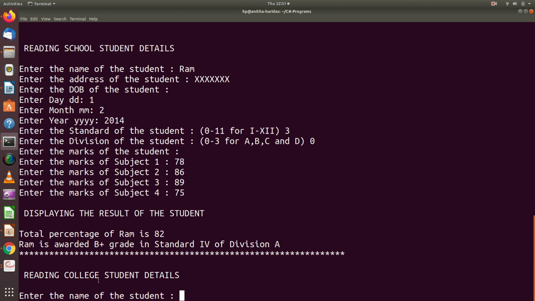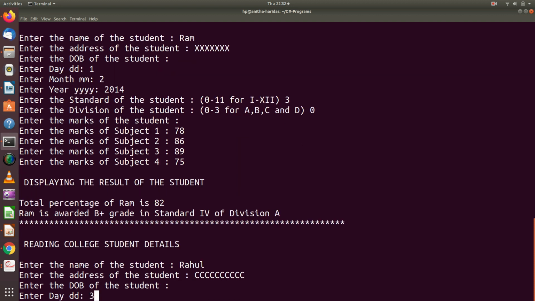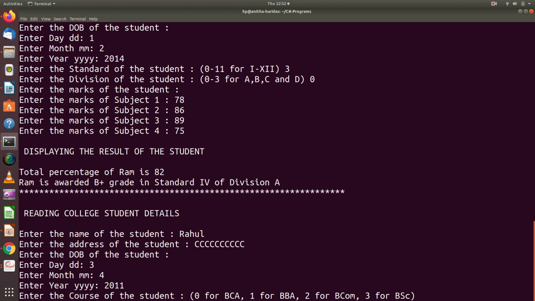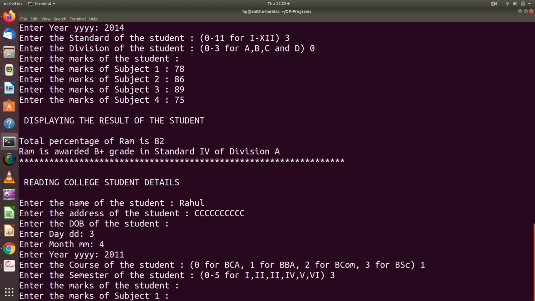So next it goes to read the college student details. So you enter the name of the college student. You can call Rahul. Address of the student, you can type some address. Date of birth again 3/4/2011. 1 for BBA course and semester 3 for 4th semester.